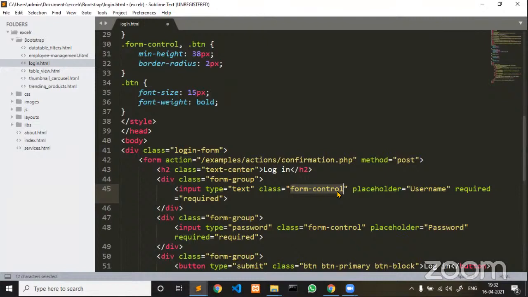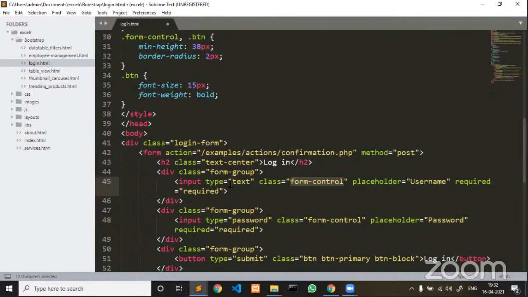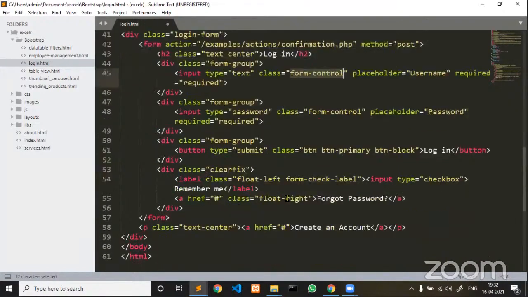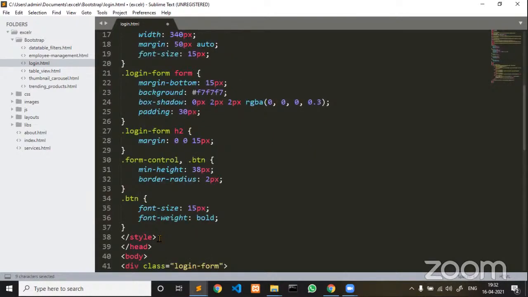If you want to add some CSS to your form controls, form-control is a predefined class. So like that, everywhere. The classes which I have created here are customized classes to make it more beautiful according to my requirements.